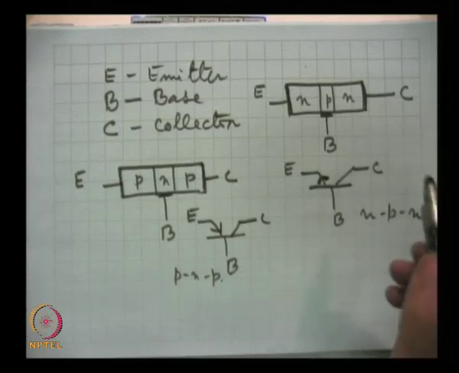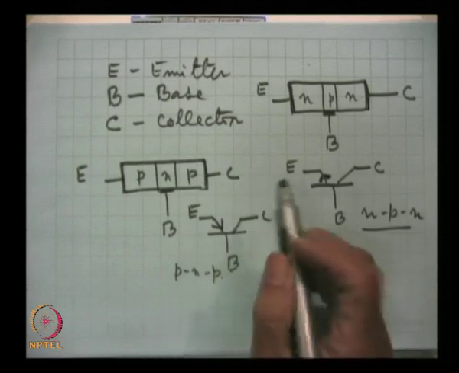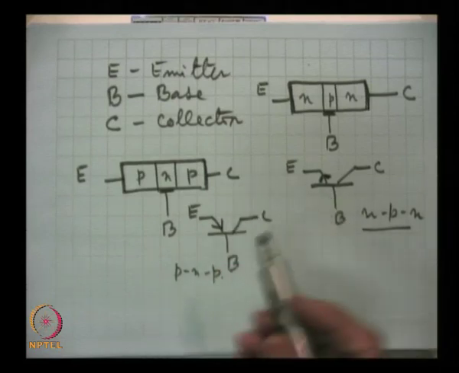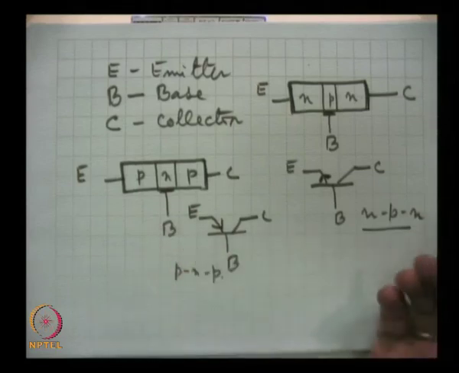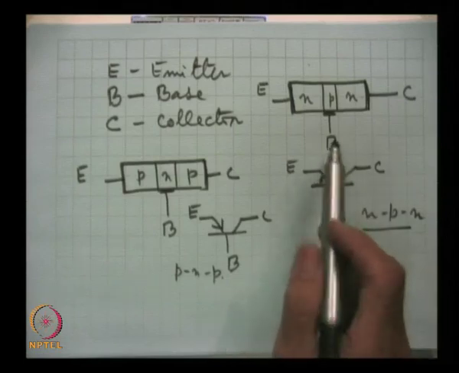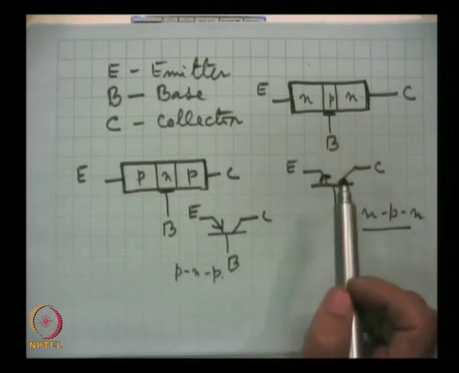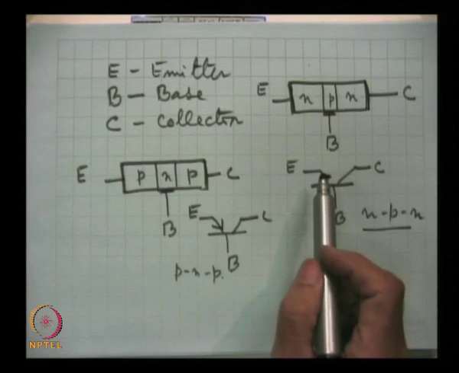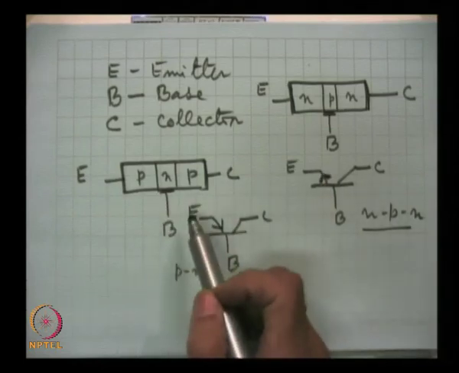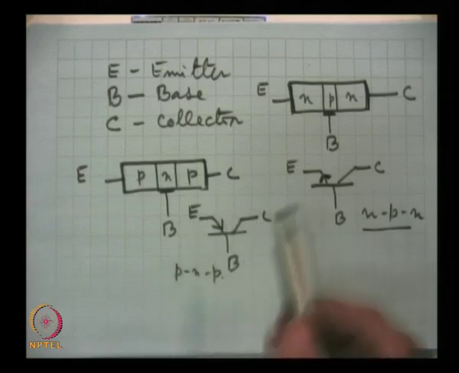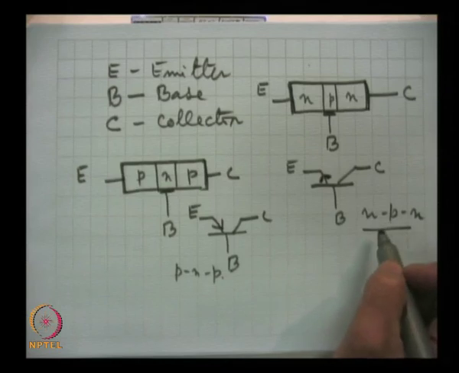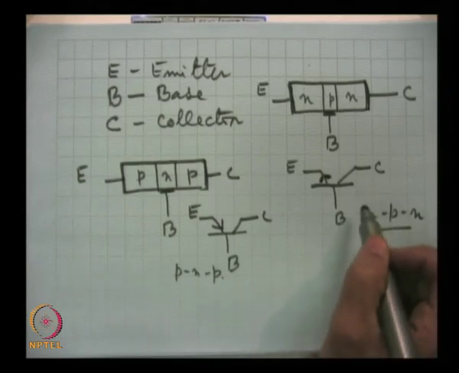When we talk of the physics of the transistor, we can talk in terms of PNP or in terms of NPN, and it is one and the same thing. Here in NPN when we talk of the role of electrons, that is to be replaced by the role of holes when we talk of a PNP transistor. So, remember that we will confine our discussion mostly to NPN transistors.